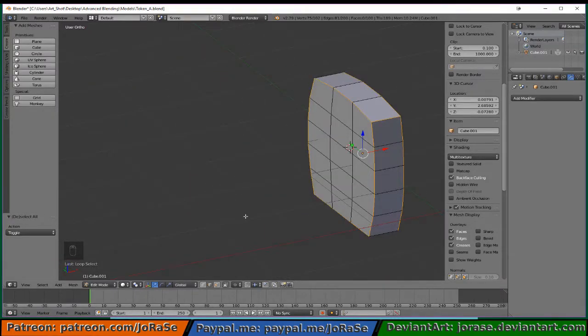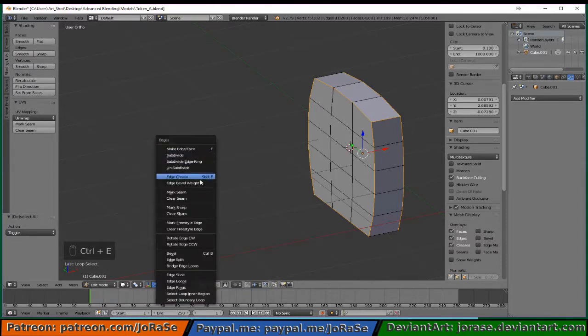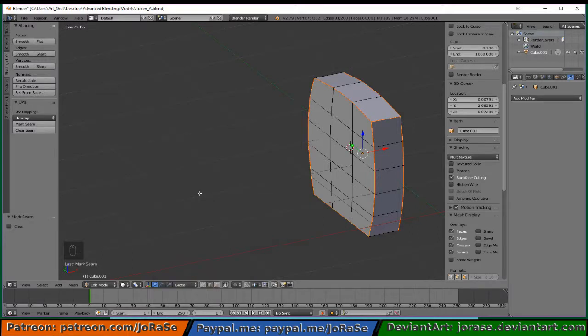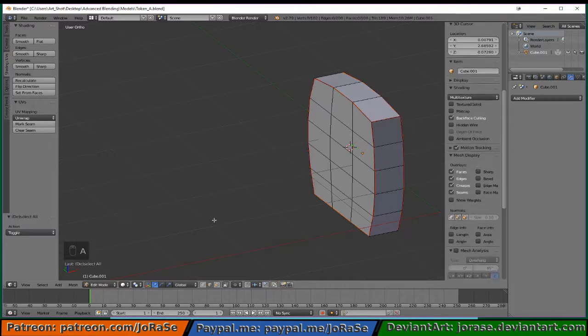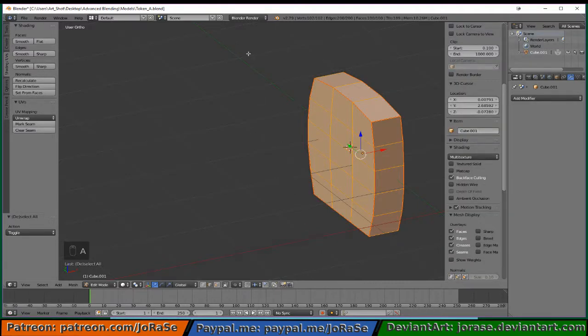And now we're going to unwrap it. But before we unwrap it, we have to mark those edges as seams. So we hit Control E, go down to Mark Seam, click it, and that gives us our, if we deselect, our red edge seams. So now we can select everything,